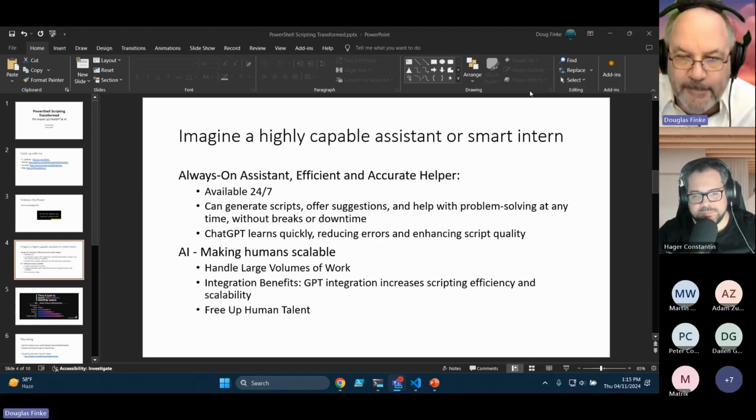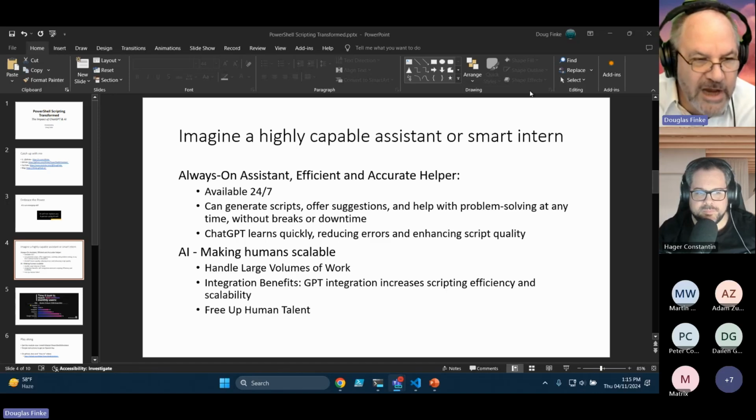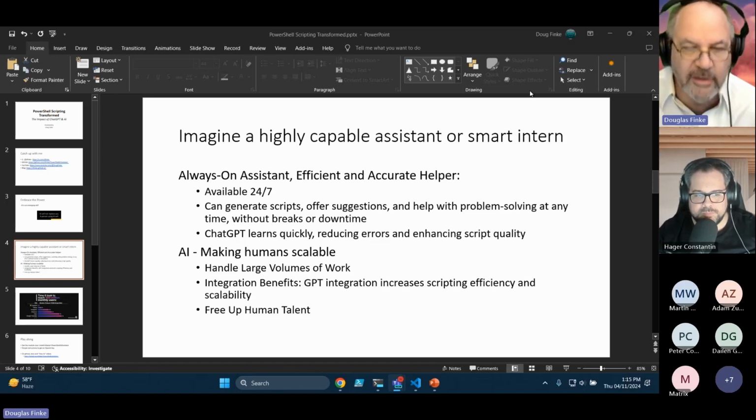And that's why we've gone from ChatGPT in 2022 to where we are today in 2024. And we might be seeing ChatGPT 5. I don't know if they're going to name it that, but I think that's right around the corner. It makes humans scalable. We can handle large volumes of work. The integration benefits: it increases scripting efficiency and scalability, and basically it can free up human talent instead of doing